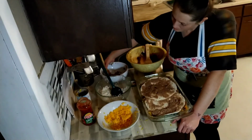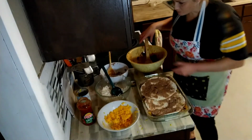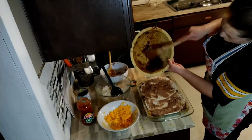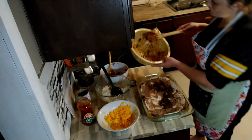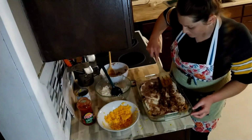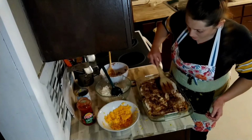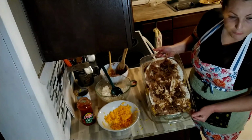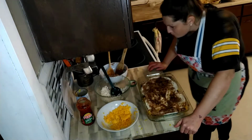So we have some beans left since that was a large can and I didn't know what size can to use. But I feel like that was a really large can, so I don't want to use all of them. And then meat. So we were going to use the rest of our meat. Kind of stretching the meat on this top layer, but it's okay because there's a lot of other ingredients that are going to go on this top layer. Okay, I'll show you what it looks like so far. Tortillas, beans, and meat,